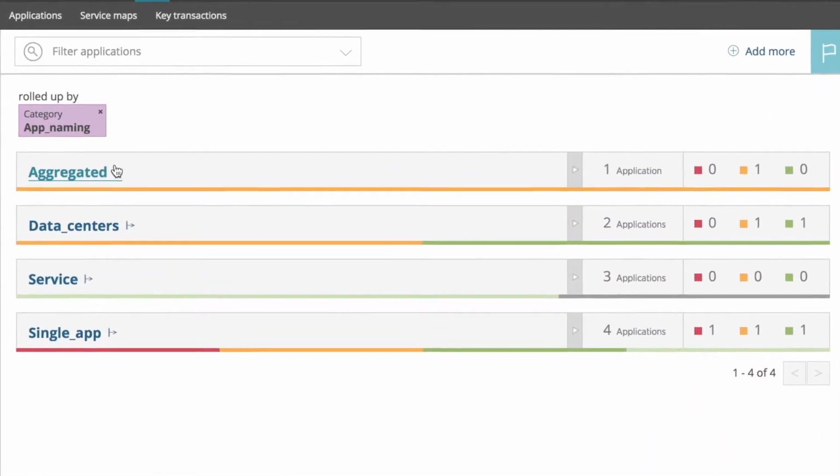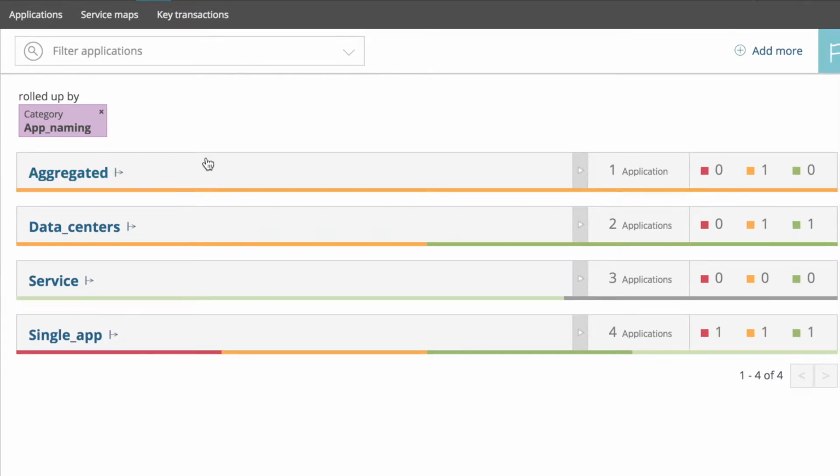Each label group shows me the total number of apps assigned to that label within that category. If I have set up alerts for the apps, I can also see the number of apps with a color-coded health status of red, orange, or green. Any apps not associated with an alert policy will not be counted in the health status summary. And if any apps in the category are not reporting data, the color bar will include gray.